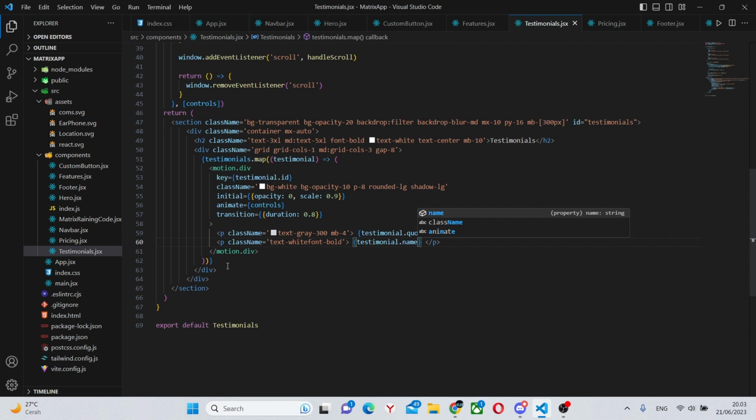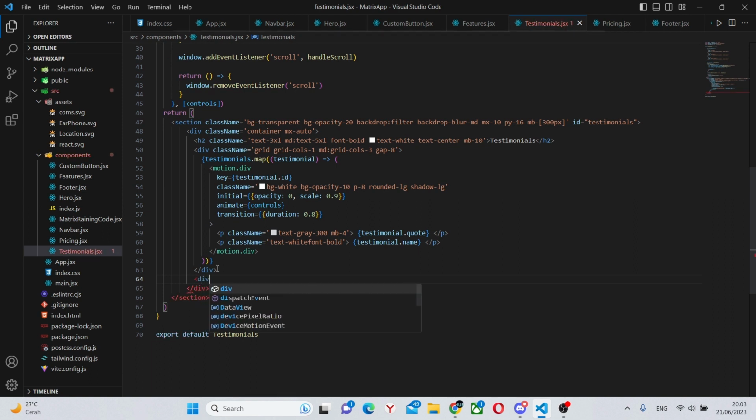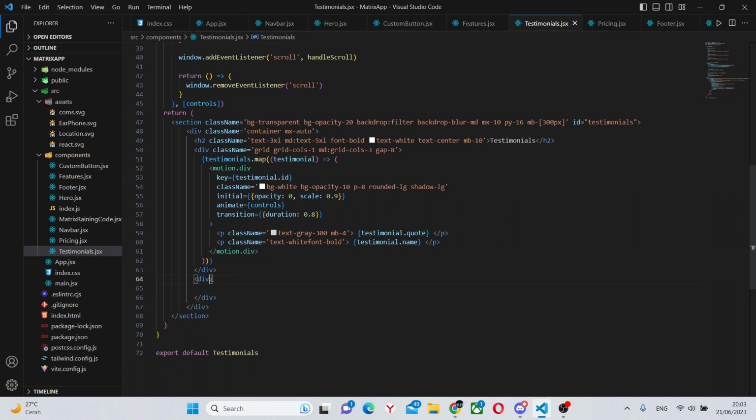Finally, we can go out of some divs, specifically out of this one. So we'll have two divs under us and say another div, which will have a class name of flex justify-center margin top-10.